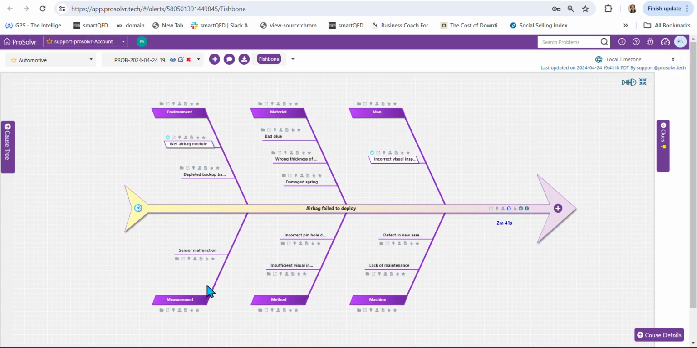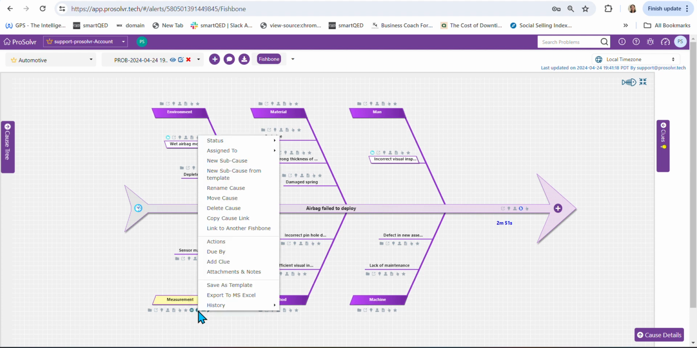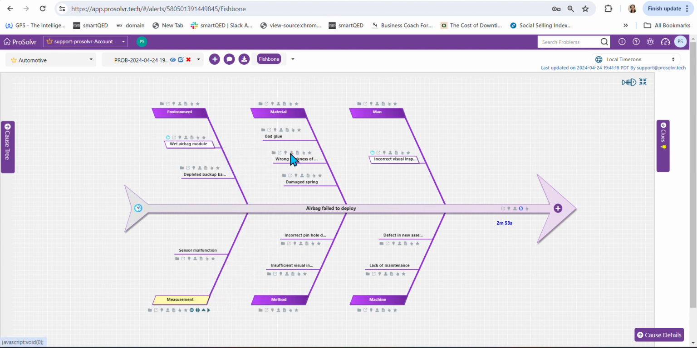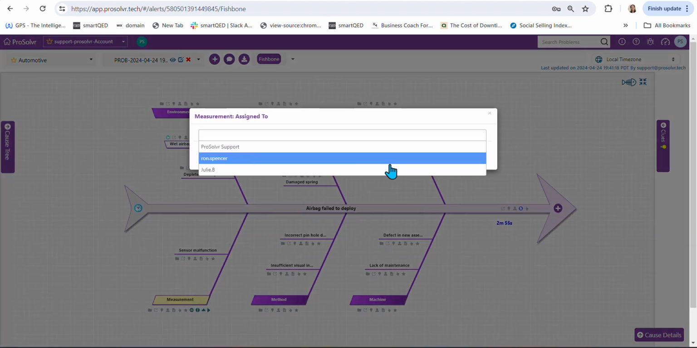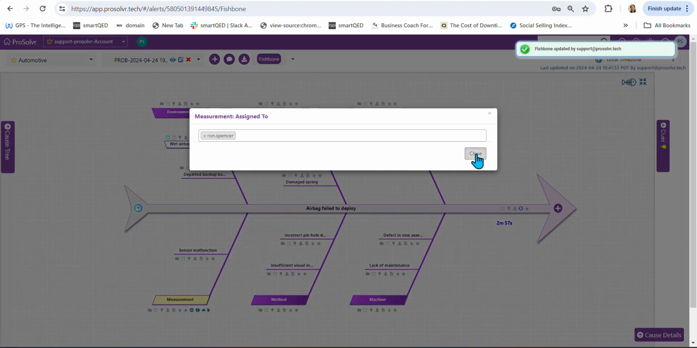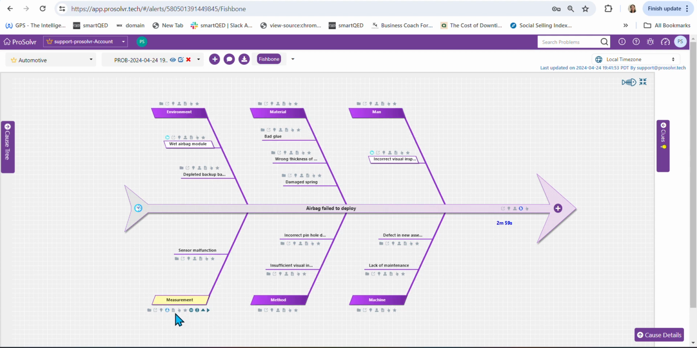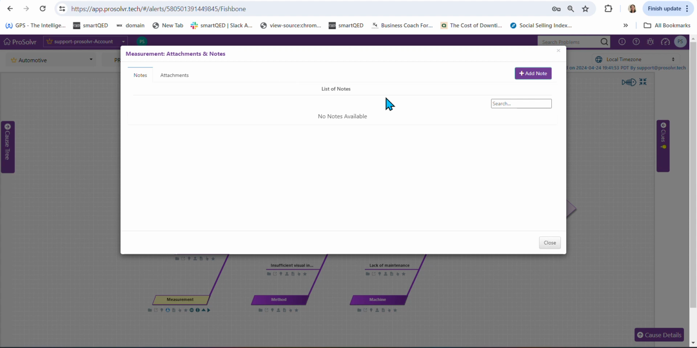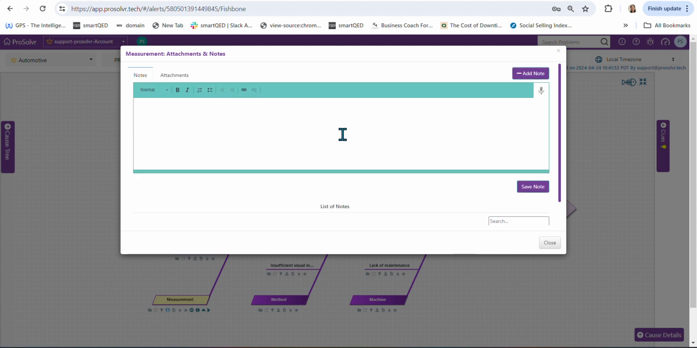Now let's take a specific cause and say, okay, measurement is going to be analyzed by Ron, and we are going to just assign it to him. So assign to, let's pick Ron. Okay, now Ron can go in here, add some notes if he wants to. I can add a note, anybody can add a note. Let's say add a note, Ron, to check this